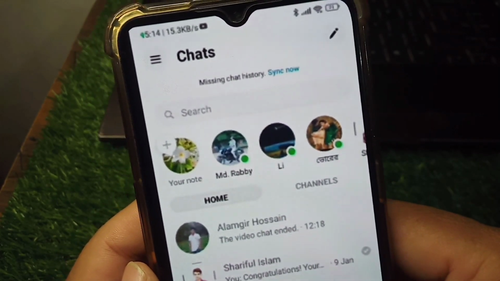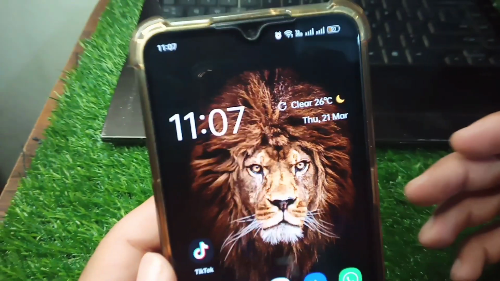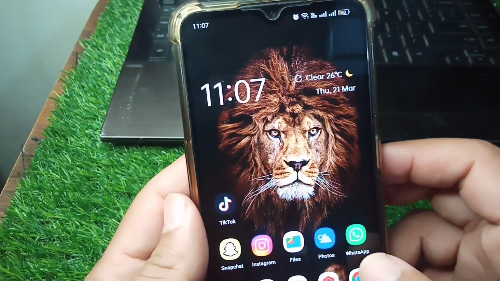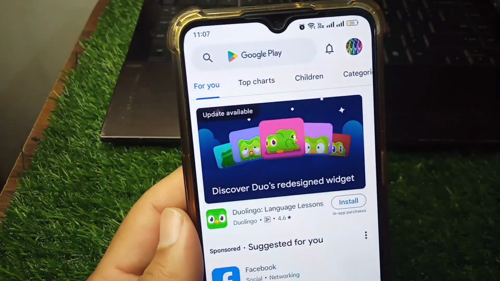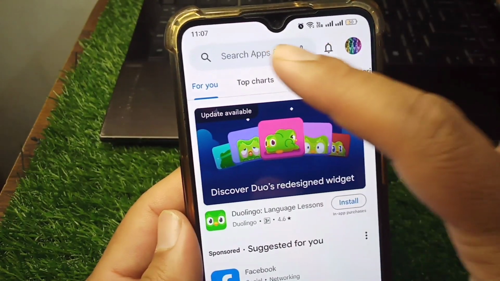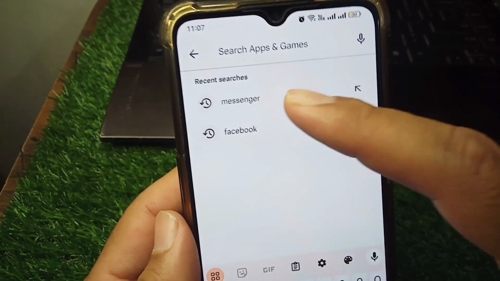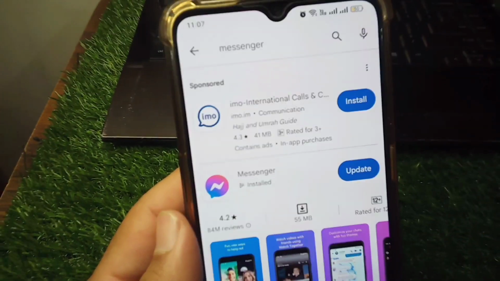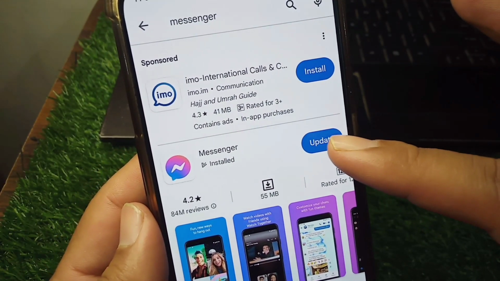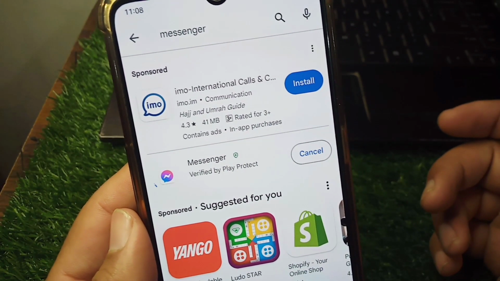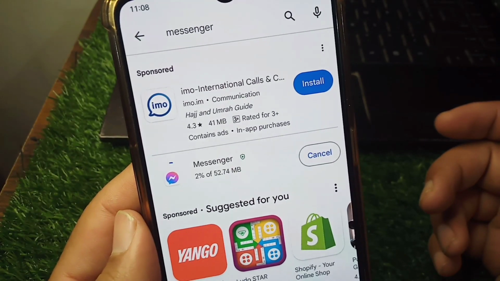You have to simply go back to your home screen for one time, and now you have to simply open your App Store or Play Store. So guys, open your App Store or Play Store and search here for Facebook Messenger. So guys, here it is, and now you have to simply update your messenger to the latest version. So guys, update your messenger here,